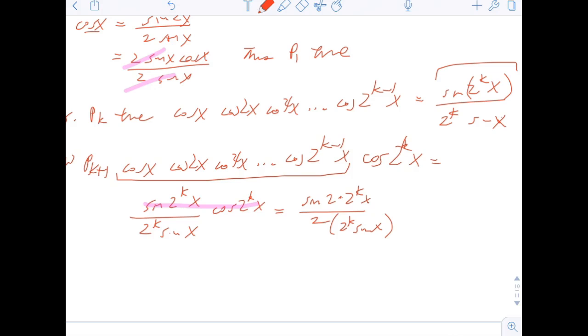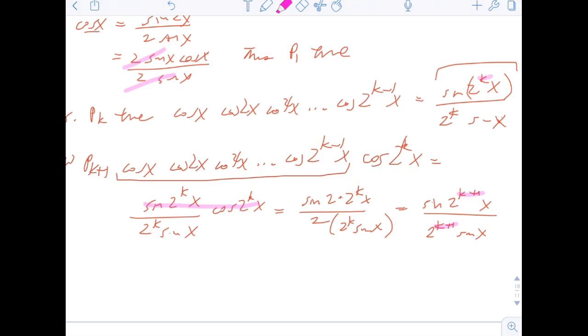Remember, we can say that because sine of 2 theta is equal to 2 sine theta cosine theta, right? All right. So now let's simplify a little bit. The top can be simplified into sine of 2^(k+1) x divided by 2^(k+1) sine of x. And we've shown that